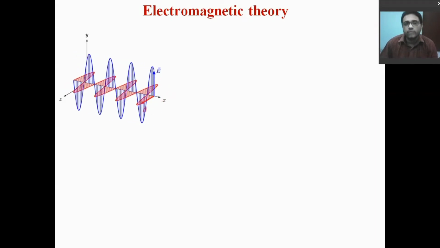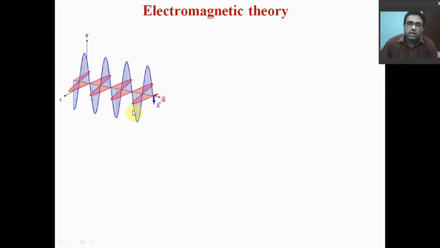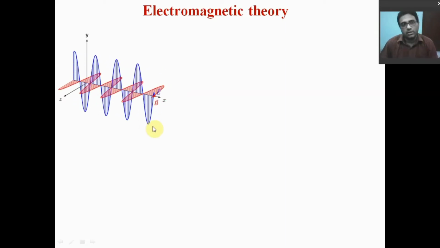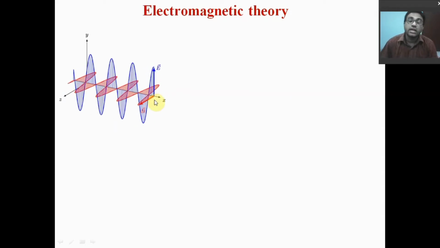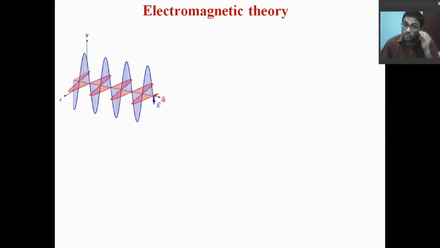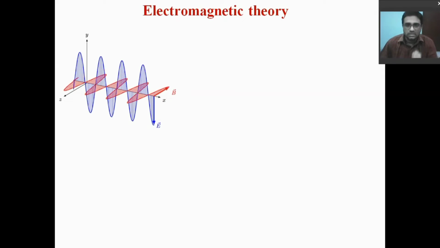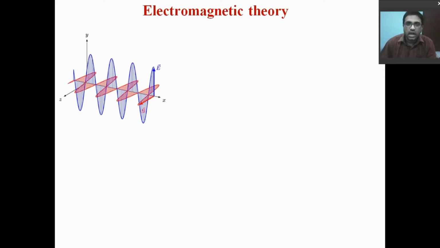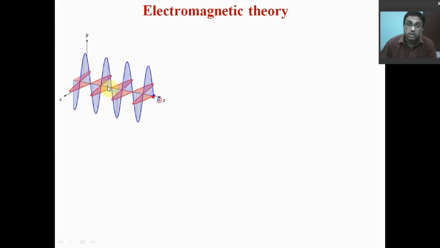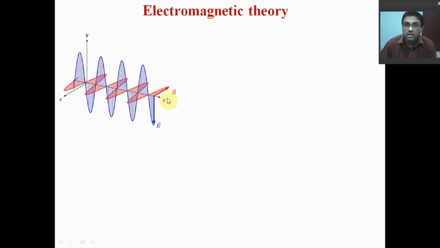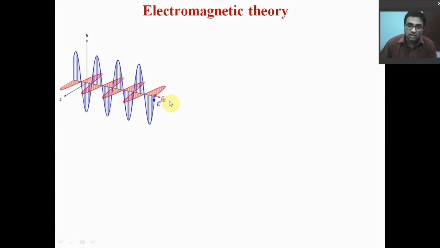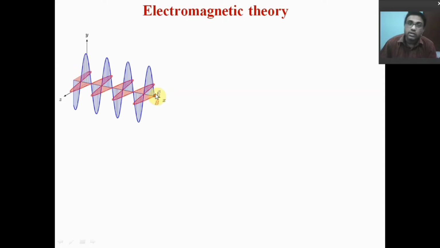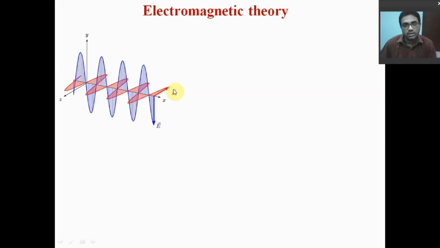Now, what is an electromagnetic field? Electromagnetic field is basically the combination of electric field and magnetic field. You can see here the electric field and magnetic field are perpendicular in direction. The vibrations of the electric field and magnetic field are perpendicular, right? And the propagation direction of the electromagnetic field is along the x direction here, which is perpendicular to the vibration directions of the electric and magnetic fields, right?